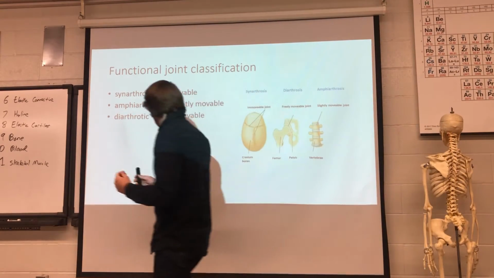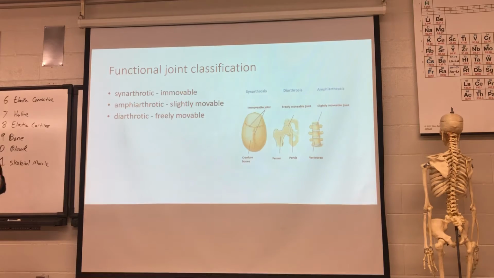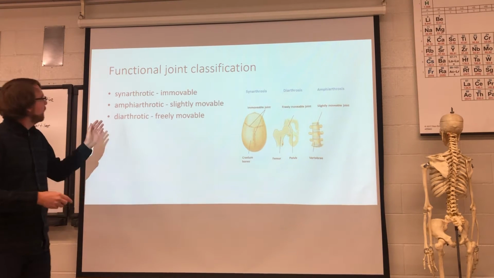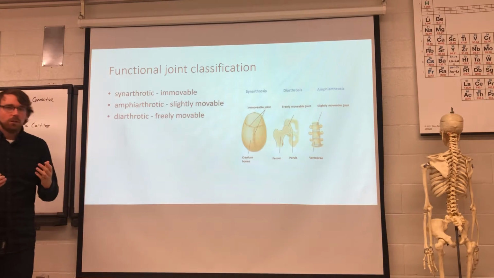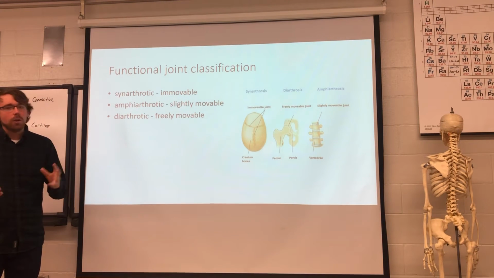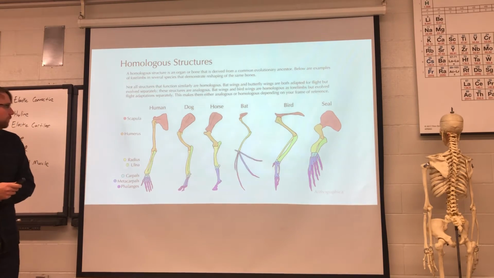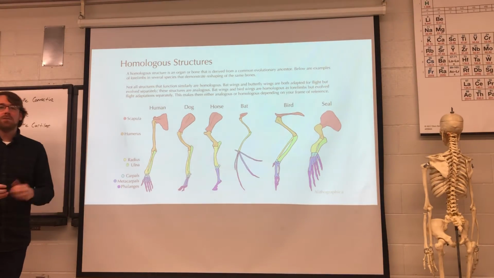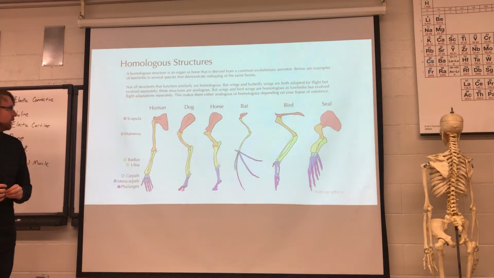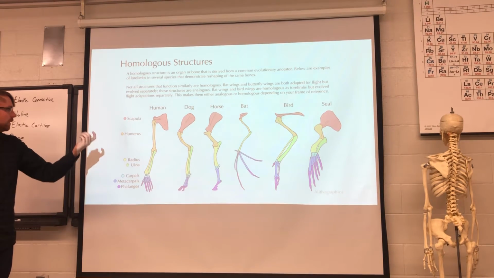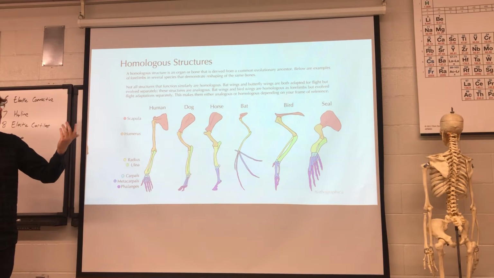And there are diarthrotic joints. These are freely movable. These are going to be your synovial joints. So these diarthrotic joints, they're going to be synovial. They are going to have a large range of motion. So I have this in here just to remind you of a little bit of evolutionary biology as we go. Just as a reminder, we are homologous in our bone structure to like every other vertebrate. So moving on,